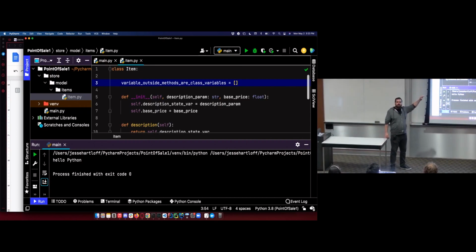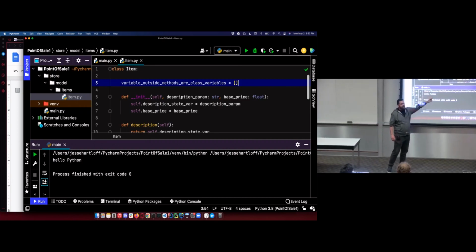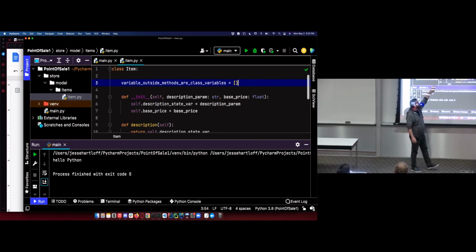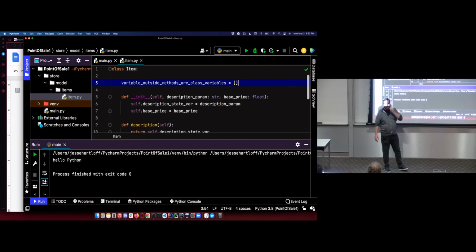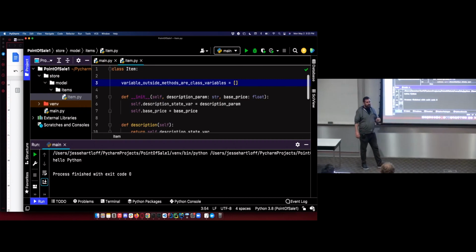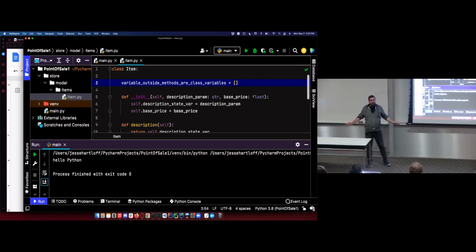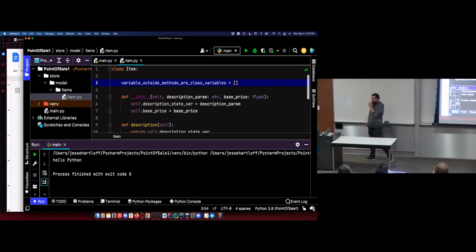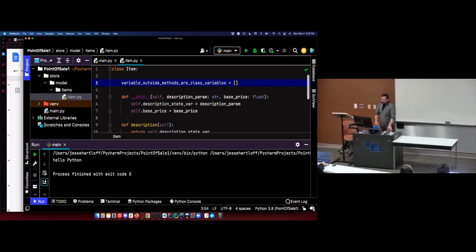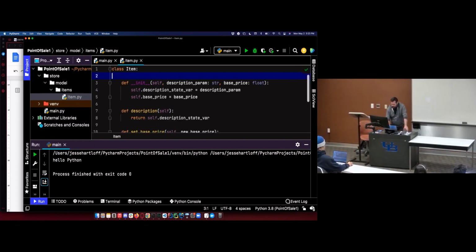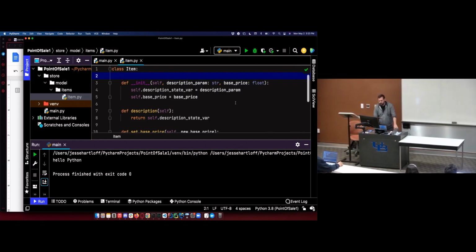This is what's called a class variable, and this variable will be shared between all objects of this type. Every object will have the same thing. It actually doesn't belong to any objects. It belongs to the class itself, not objects of this type. Almost never what you want. Sometimes it is, on occasion it is, but usually not what you want. So we don't put variables out there unless you very specifically want a class variable. Sometimes you do, often you don't.